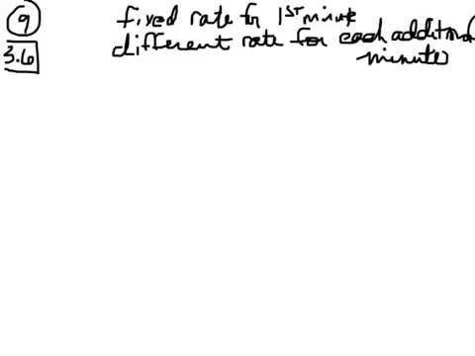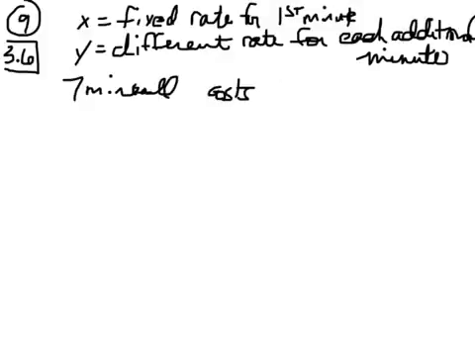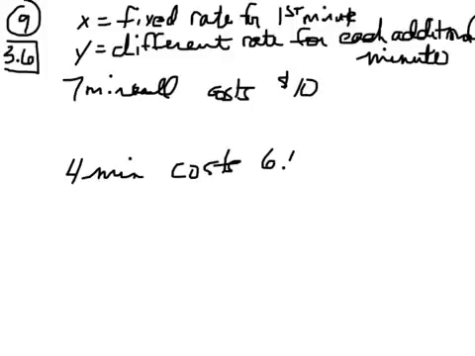So let's just call X the fixed rate for the first minute and Y the different rate for each additional minute. So basically you pay a fee for your first minute, and then every minute after that you get charged a different amount, but it's the same amount for each additional minute. Okay, if a 7-minute call costs $10 and a 4-minute call costs $6.40, sorry, not reading the book,